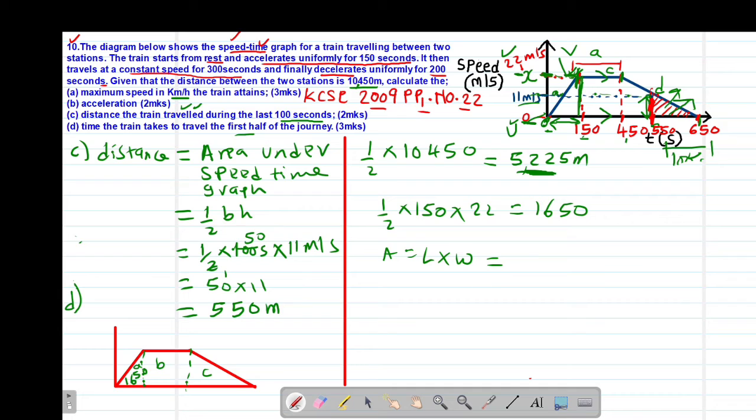So that should be, our length is 450 minus 150. So the length is 300. So that is 300. Then multiplied by our height, that is the width, will actually be the 22. Multiplied by 22. So this should give us 22. So if I take 300 times 22, I'm going to get